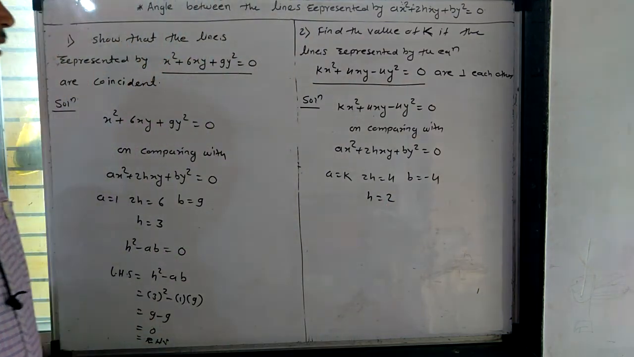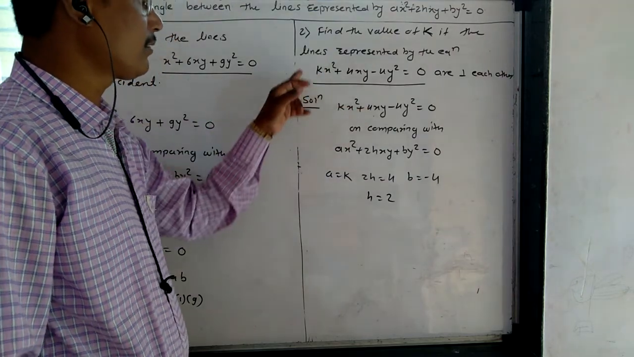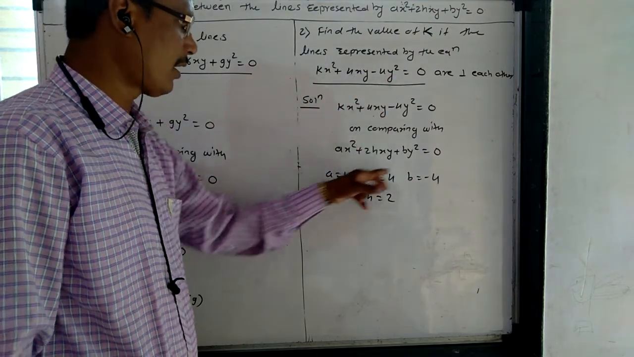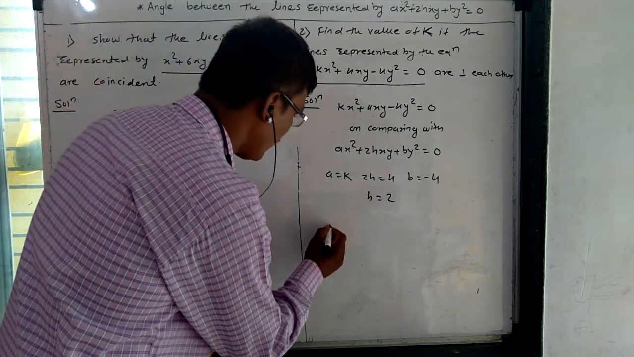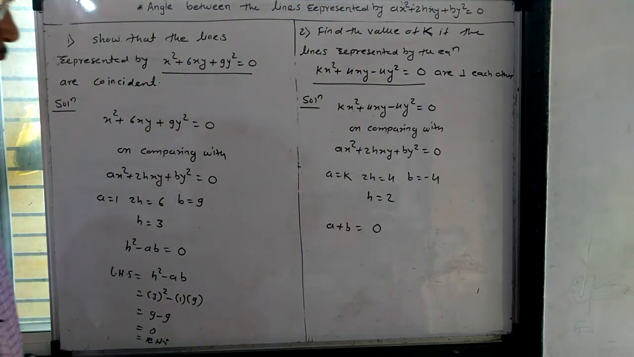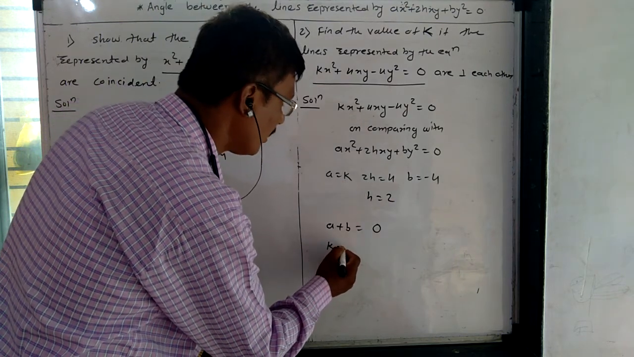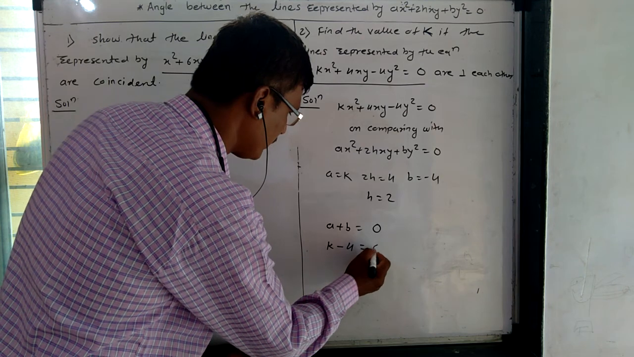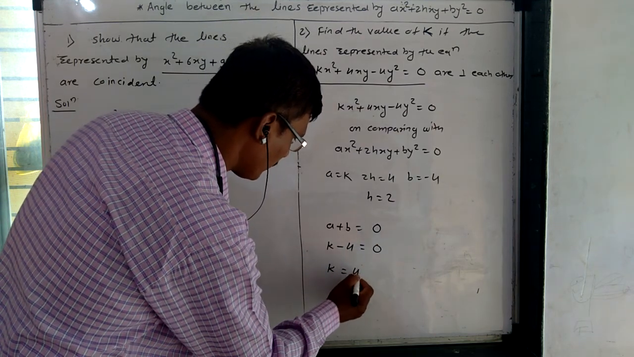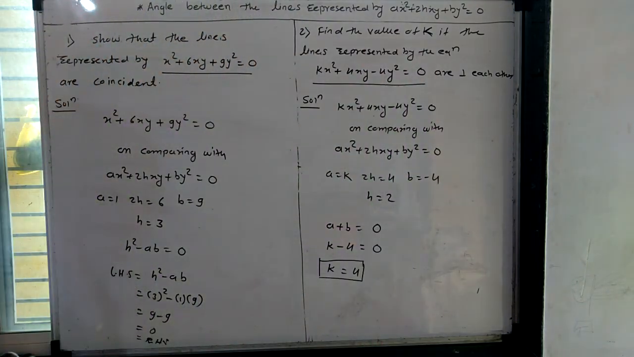Okay. Now we have the condition that the lines represented by this equation are perpendicular to each other: a plus b is equal to 0. Therefore a ची किंमत आहे आपल्याकडे k plus b ची किंमत आहे -4, and this is equal to 0. So k is equal to 4. This is the value of k if the lines represented by this equation are perpendicular to each other. Okay. Now next problem is